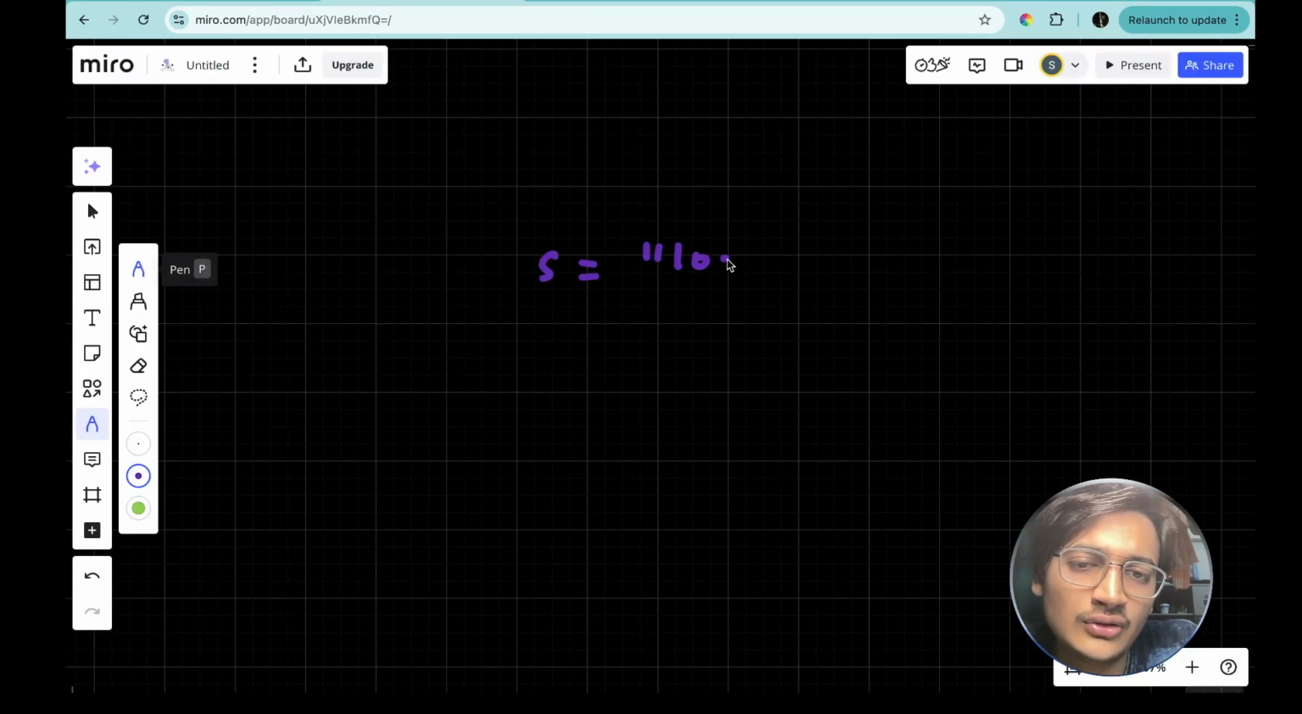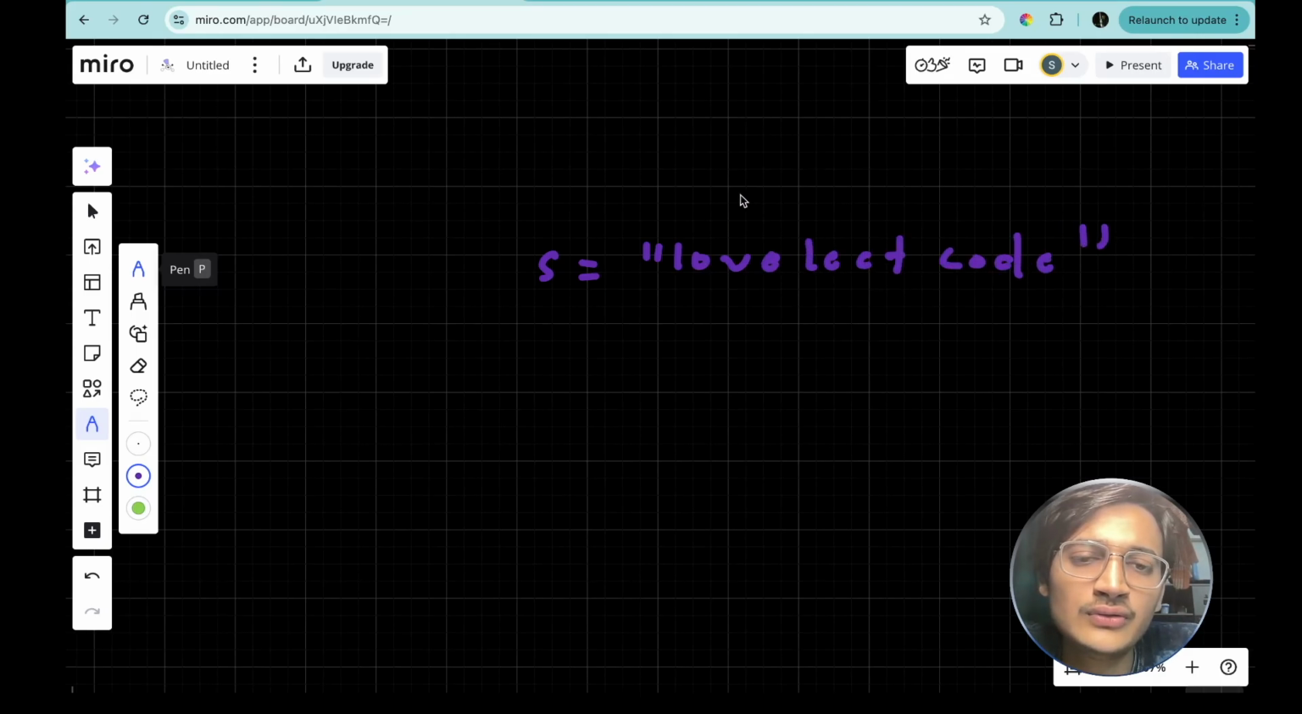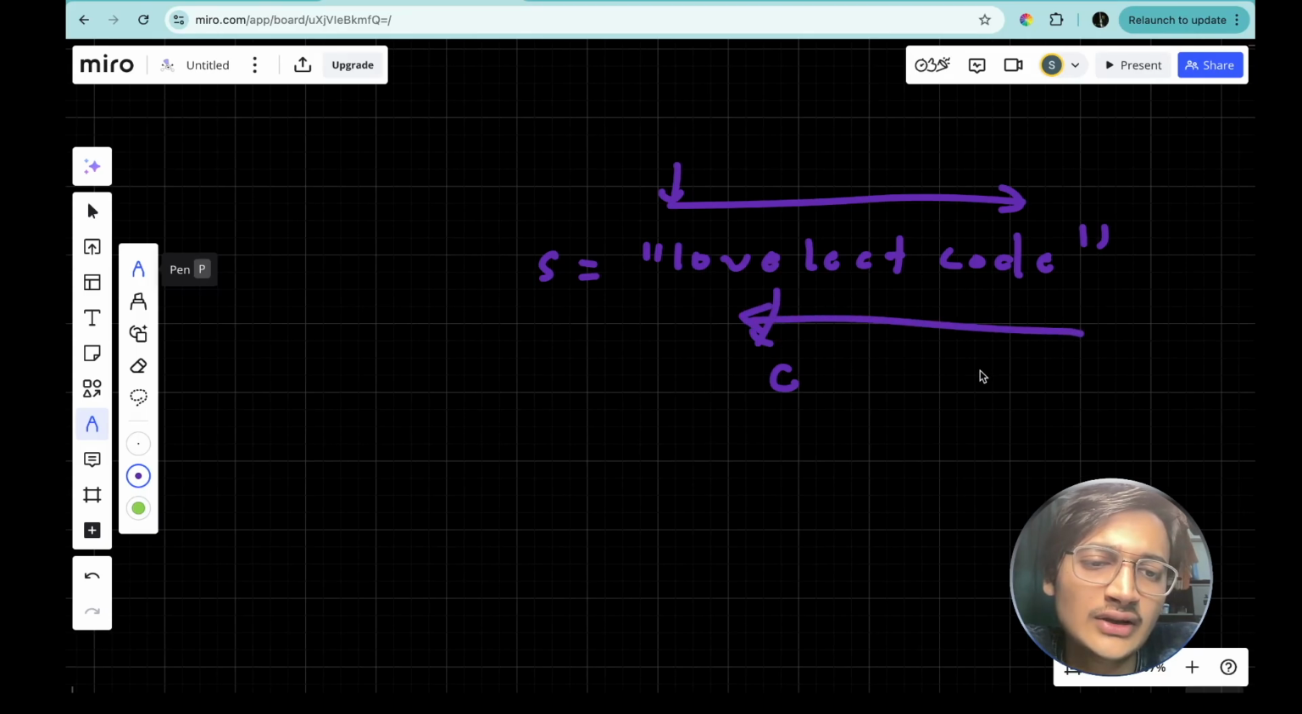LOVE, then LEETCODE. So what we have to do is make two pointers. First we will traverse this string from the left side and try to store the distance from this character C, which is E in the first case. Then we will do the same from the right side as well. We will calculate the distance of this character from C, which is E in this case, from the right side as well. Then we will store the minimum distance, like suppose from this E,